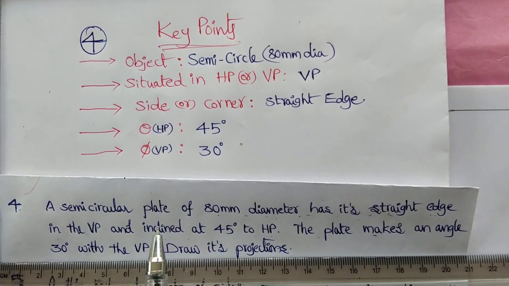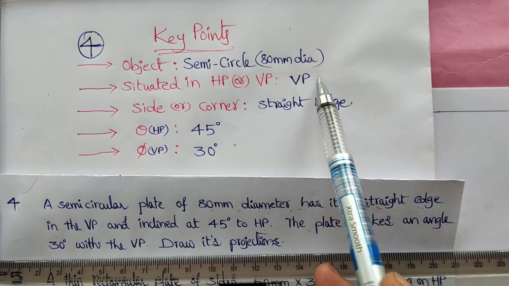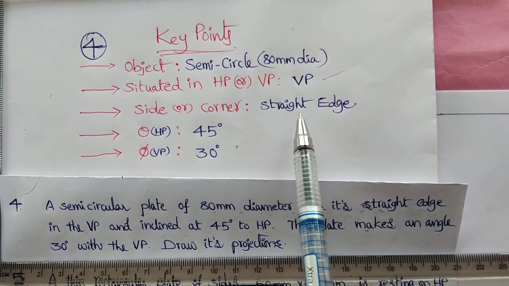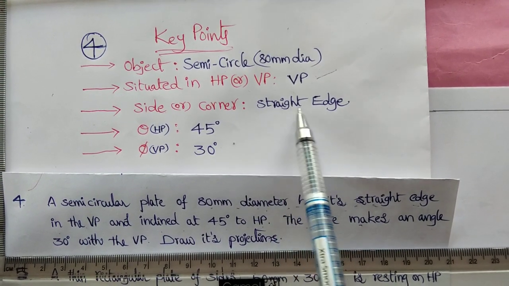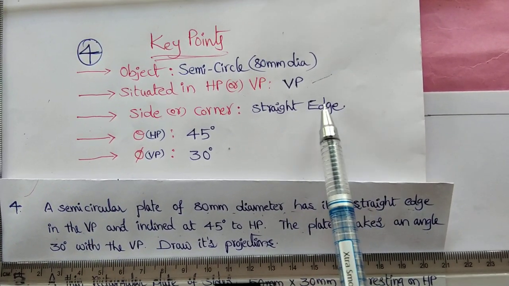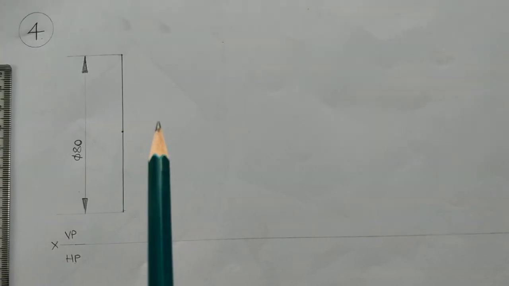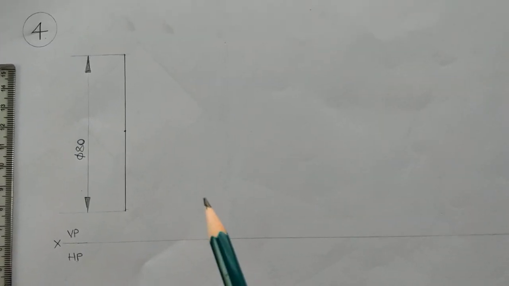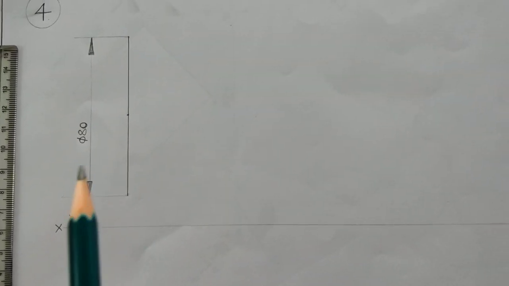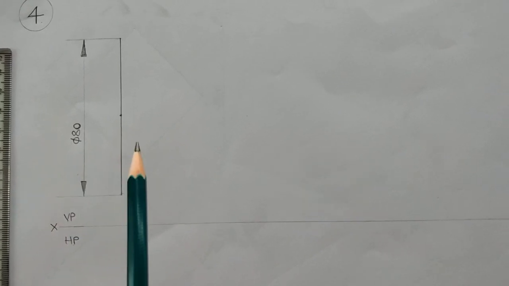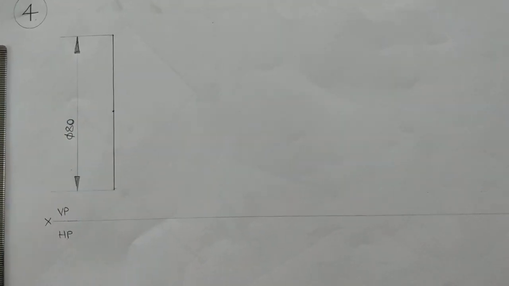Now let us construct the simple position projections. As I said, in the vertical plane we should construct the semicircle such that we keep the straight edge on the left side in the simple position. We are going to do it. In the simple position, in the vertical plane we will get the true shape such that the straight edge must be touching the vertical plane. That is why we have kept this particular edge on the left side in the simple position.